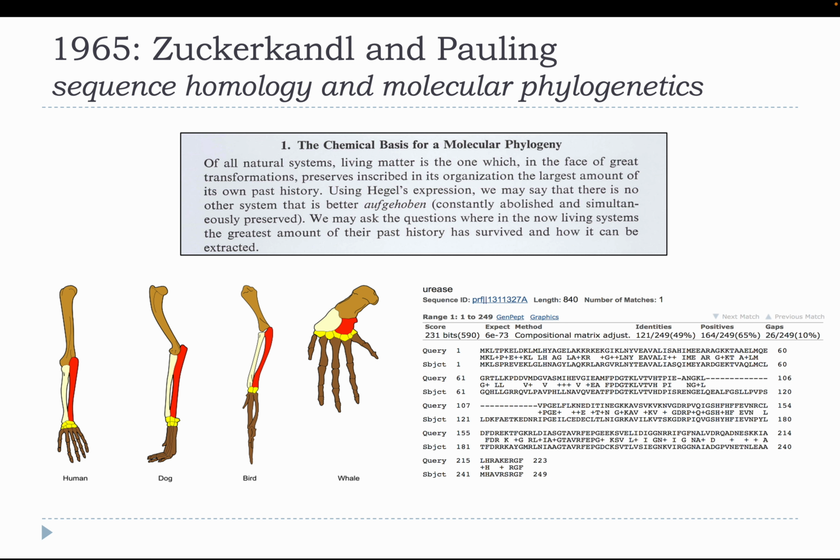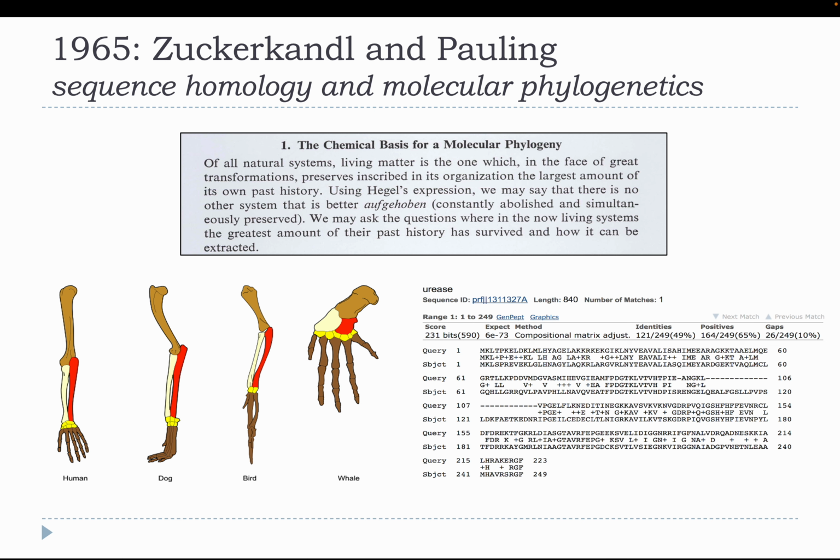Now, interestingly, the first kind of hint that we could actually apply this kind of thinking to sequences came in 1965, where Zuckerkandl and Linus Pauling, who's interesting because he's one of the few people that got 2 Nobel Prizes, came up with this idea of using chemicals as a basis for molecular phylogeny. And this is the opening paragraph of their paper. And you kind of think, well, how have times changed? The idea that you'd start a scientific paper by quoting Hegel and saying that there's no other system better than